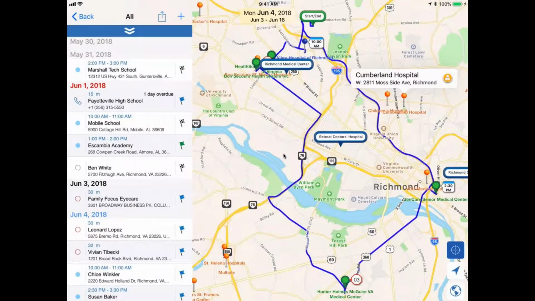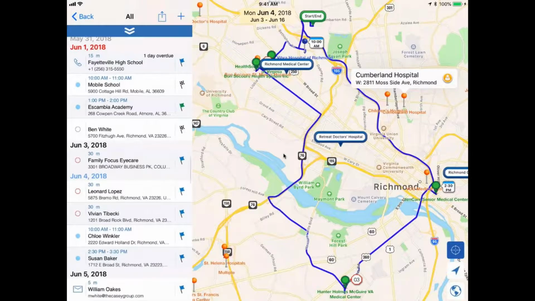Correct. And from here, just because there was another question about it, you can actually now create reports for activity tracking through this window. To do that, you would tap the share icon, that's the square with the arrow pointing up, and that would generate an Excel file of your planned activities.